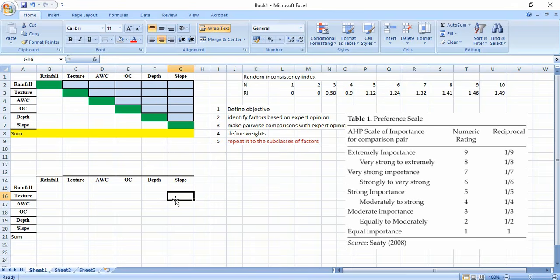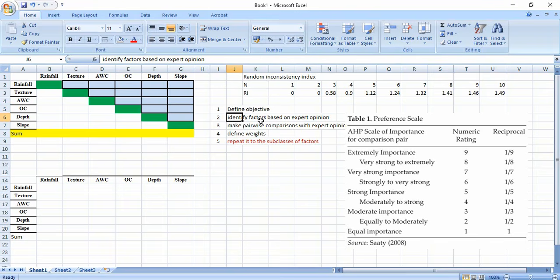In this video we will see how to get weights for multi-criteria decision analysis using analytical hierarchy process. There are 5 steps. One is you have to define your objective. Suppose in this case I am getting a suitability for a sorghum crop in some region, and then second one